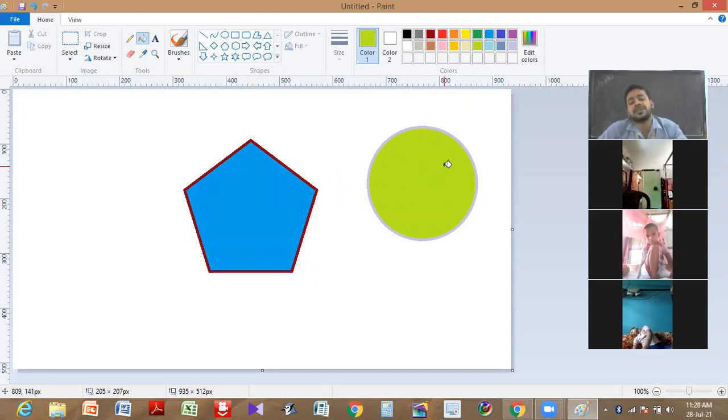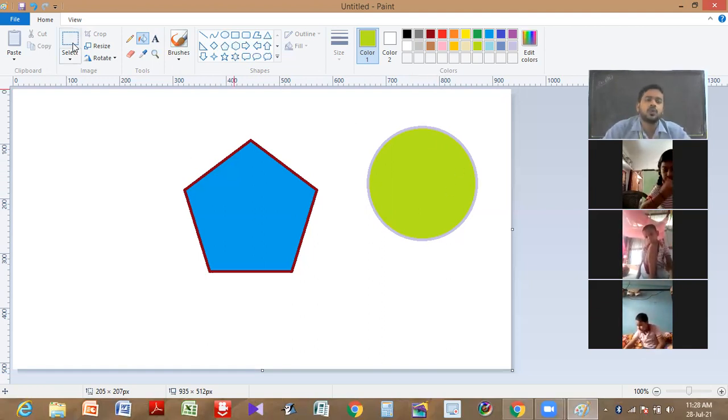Now, since these are different shapes, with the use of these shapes, we can draw many things at a time. Now, what are the things we can do? Okay, now to draw another thing, we need to erase these things, isn't it? So how can we erase or delete these things? Delete all these things together.